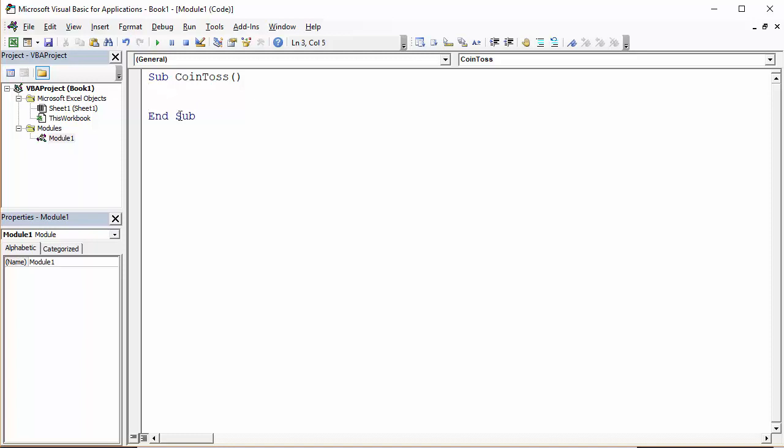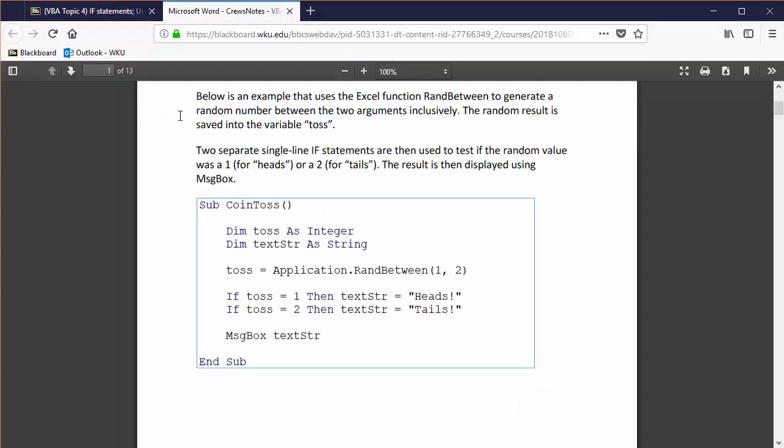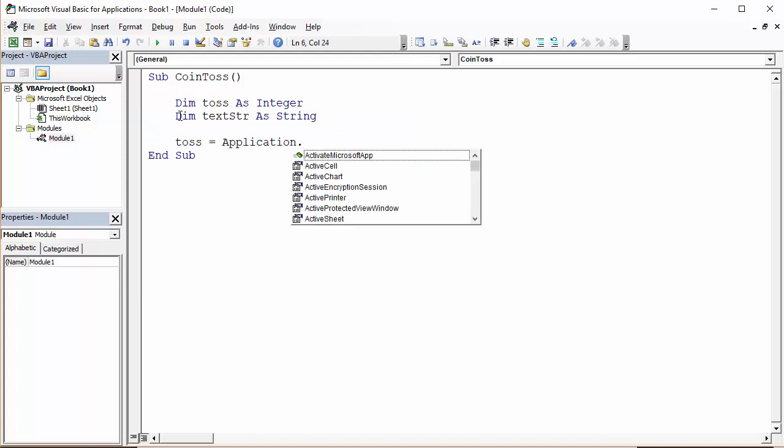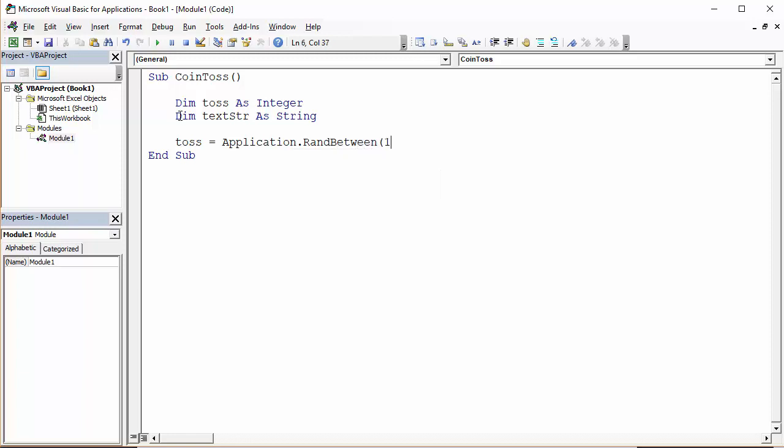And it's always a good idea to indent inside a block. So the sub and the end sub creates a block, and everything inside that block, the contents of that block, should be indented. It's not required, but it makes for good design. And we declare a variable toss as an integer, and we declare a variable text string as a type string. Toss is equal to application dot rand between from 1 to 2,